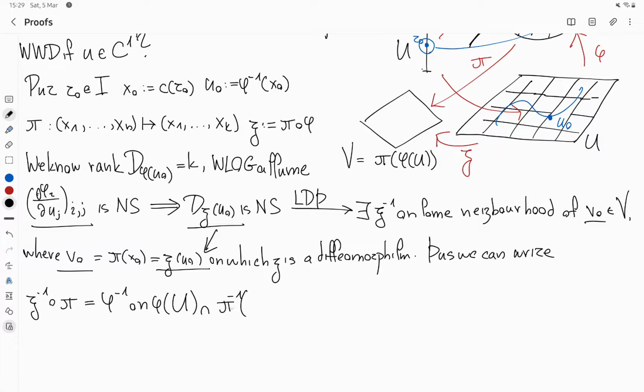Of course, defining an inverse on a projection will be problematic, but we say the preimage